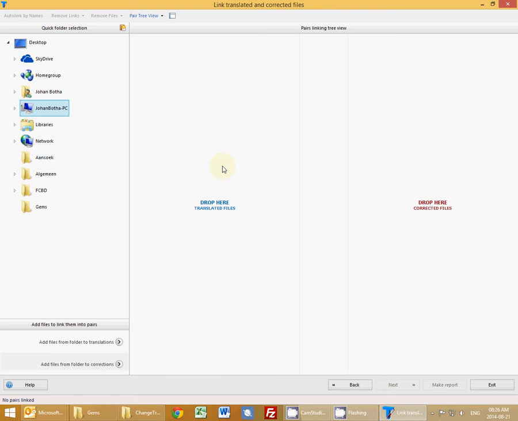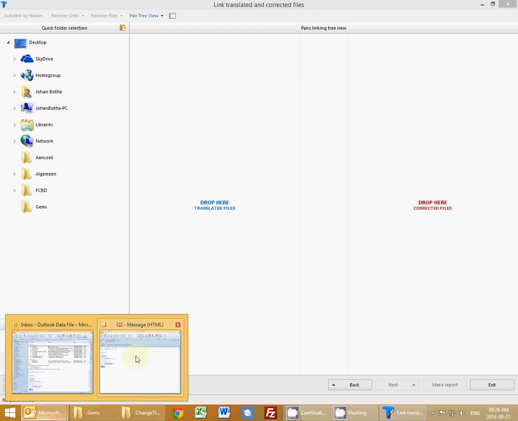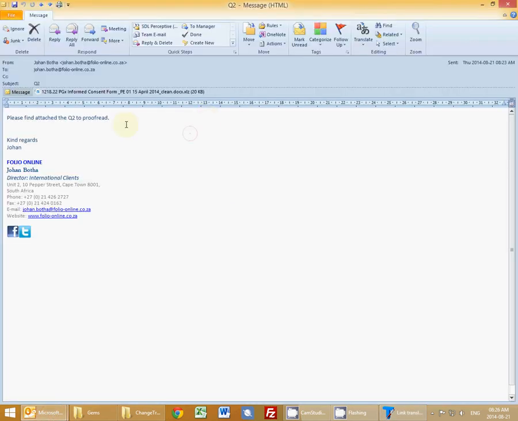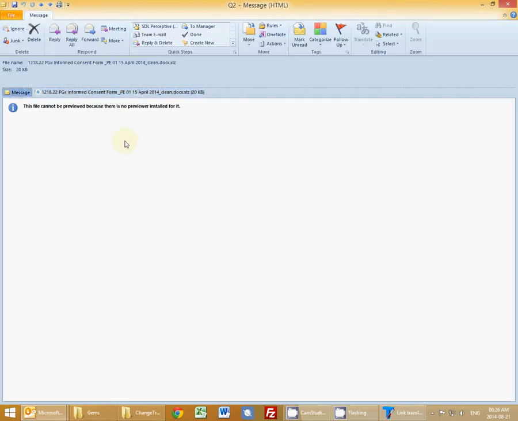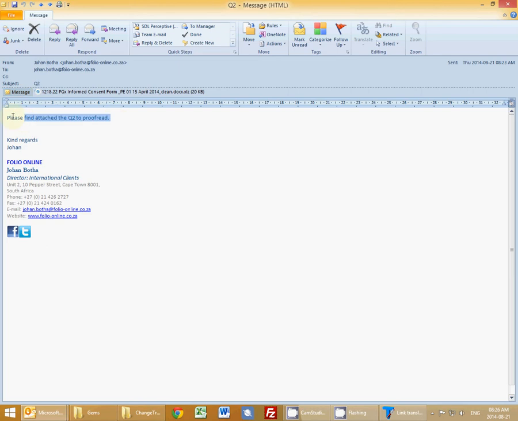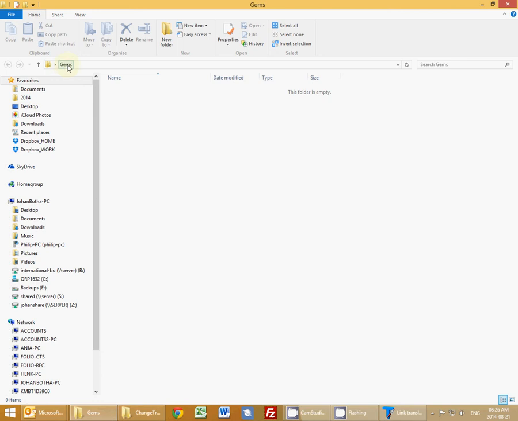Before we get to how the program works, let me just quickly show you how you will get the files. So you are the proofreader, and you get the file from Anya, or the project manager. The file looks like this. This is just an example. This is the Q2 to proofread. The first thing that you do is you create two folders for yourself. This is just on my desktop, I have a gems folder. First folder that you create is a folder called